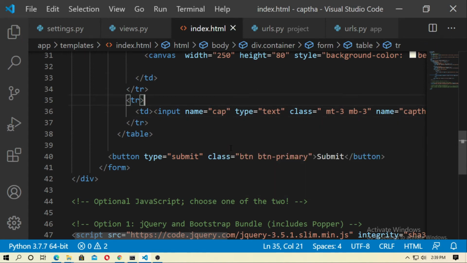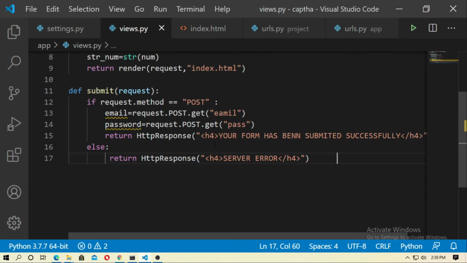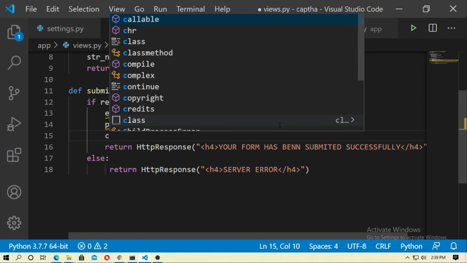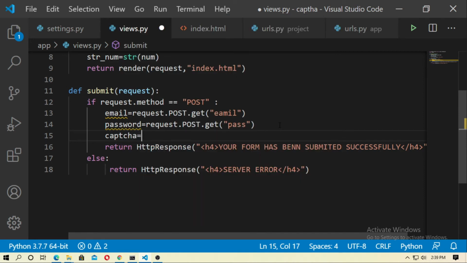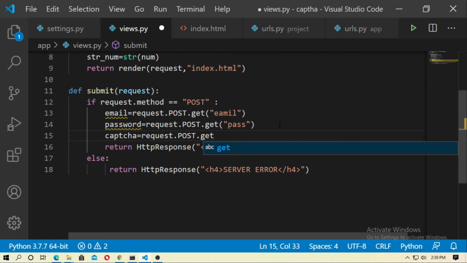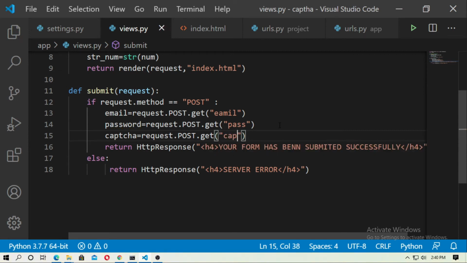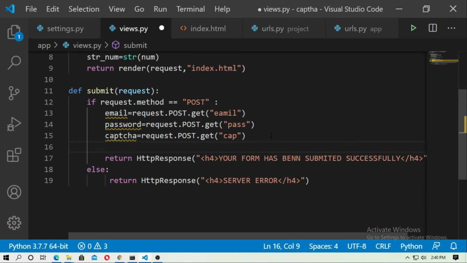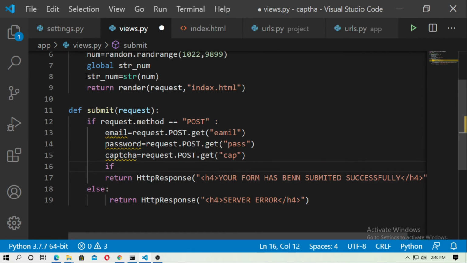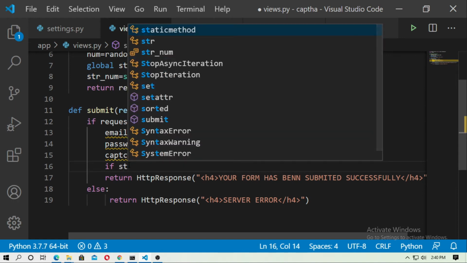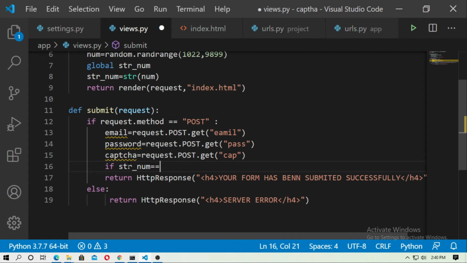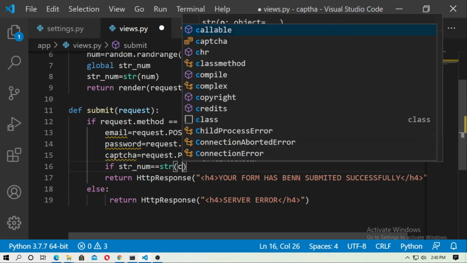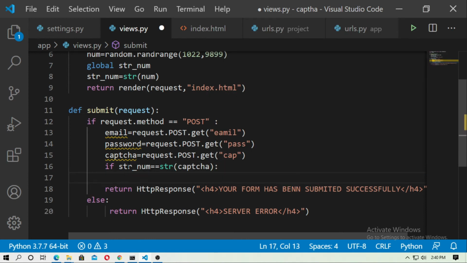Okay, now go to views.py. Here just grab the captcha. Okay, captcha equal request.POST.get, and use the name cap. Okay, this. Now create an if block here. So just type if strnum equal str(captcha), then return HttpResponse,